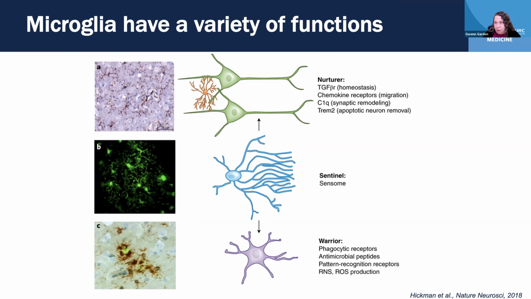There's also a function of microglia, very well shown in many studies, that they act as sentinels. They're the most rapid sensing of brain injury. You can just do a little teeny puff of ATP in the region of a microglia and see immediate responses in their processes. That function of microglia has been defined through, again, a lot of these transcriptional studies, because they have lots of different receptors on their cell surface, including receptors for neurotransmitters and other types of molecules that are excreted when cells are being injured or damaged.